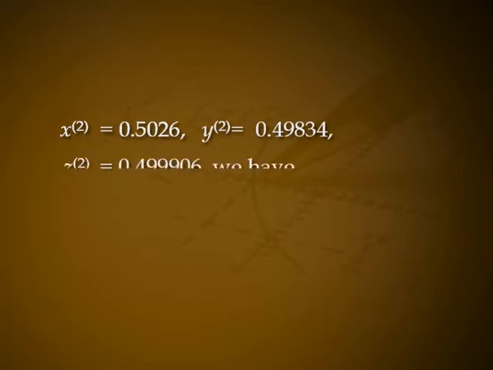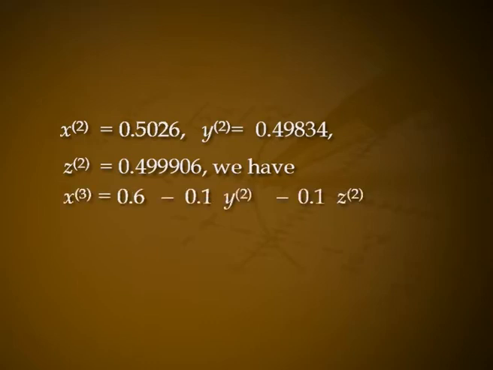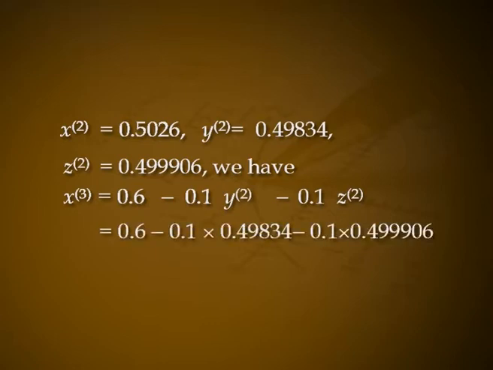Step 3. Using x2 equal to 0.5026, y2 equal to 0.49834 and z2 equal to 0.499906, we have x3 equal to 0.6 minus 0.1 y2 minus 0.1 z2, that is 0.6 minus 0.1 into 0.49834 minus 0.1 into 0.499906, that is